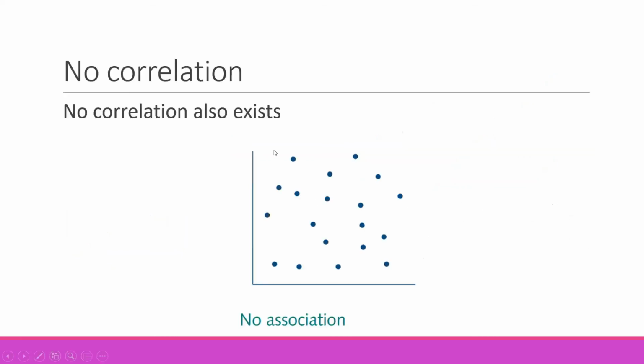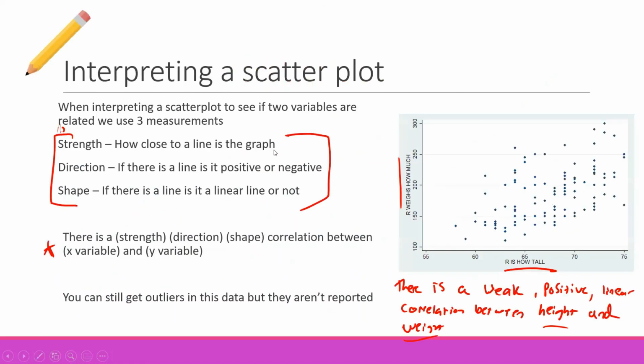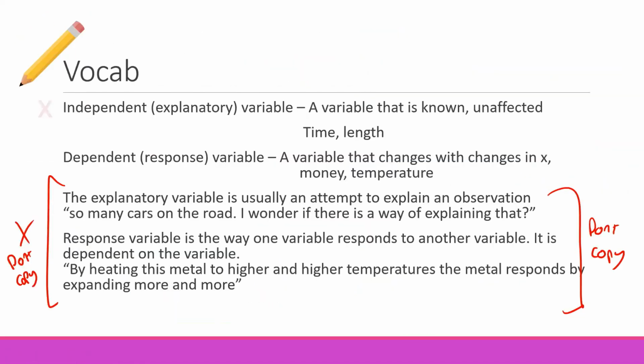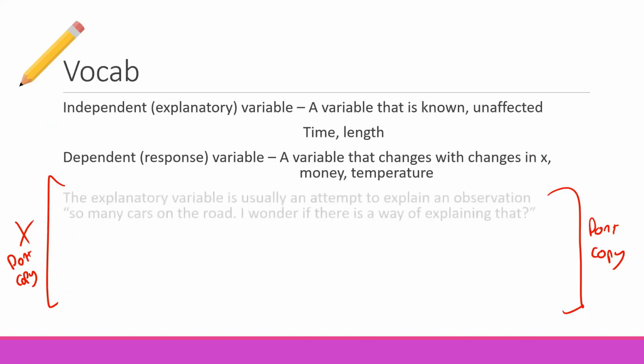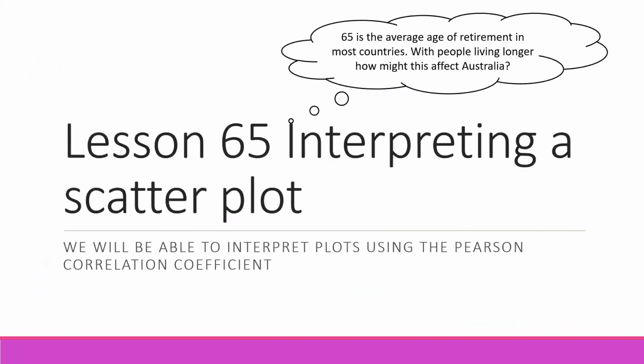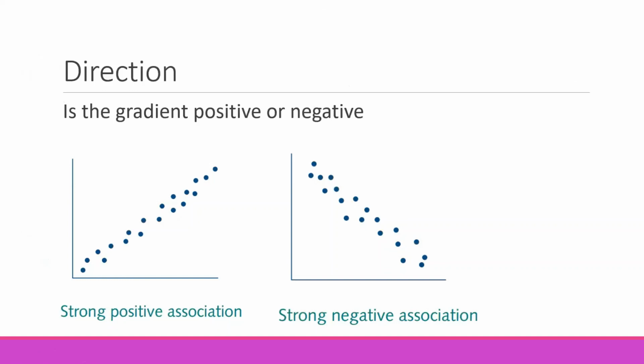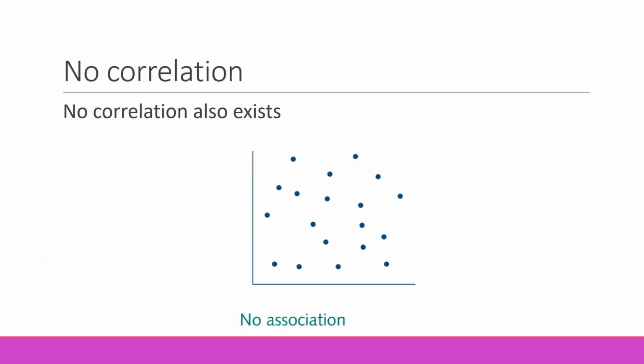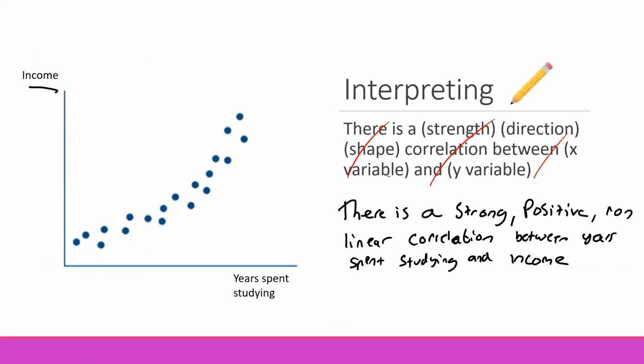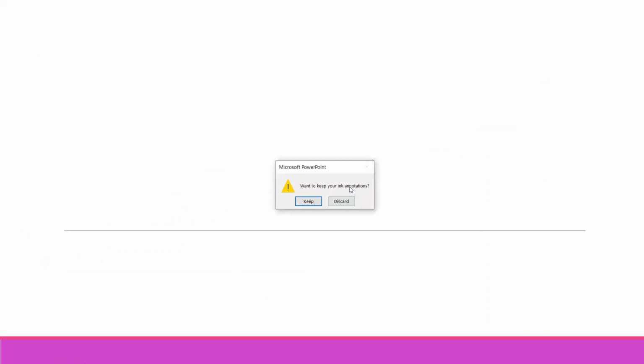So those are the 2 major things we covered. First one being what is bivariate data? How do I construct a scatter plot? And the second one is how do you interpret them? So what I'm going to give you guys the rest of this lesson to work